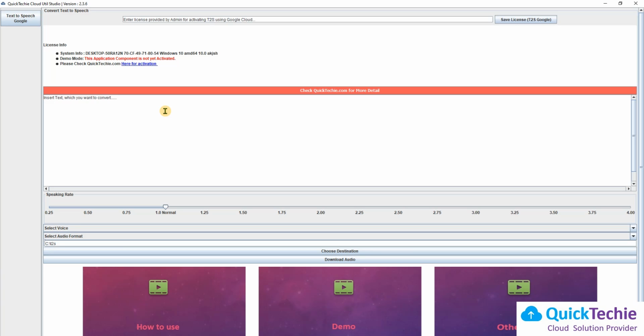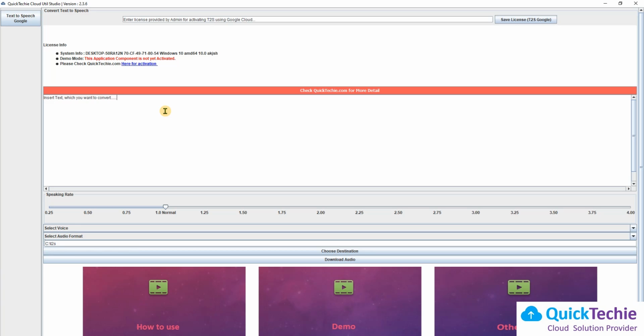So here, what we have done is there is no limit on the number of characters in this application. Once you insert the text here, you can put any amount of text and convert it into a single MP3 file. If you want to split into multiple MP3 or OGG files, then you have to put in that many requests.